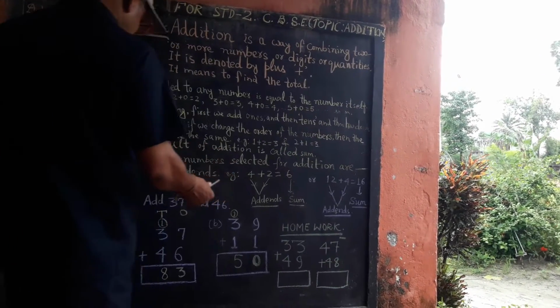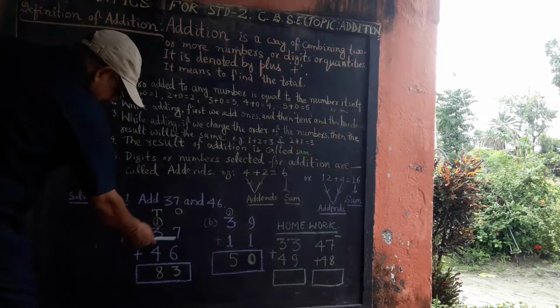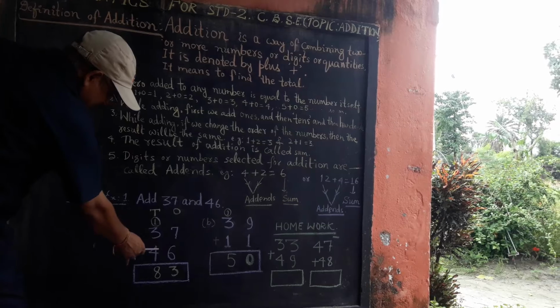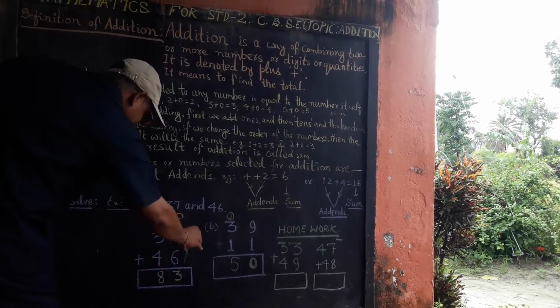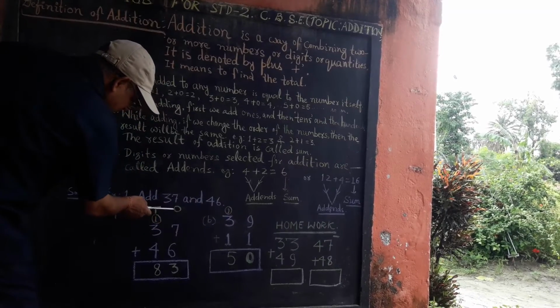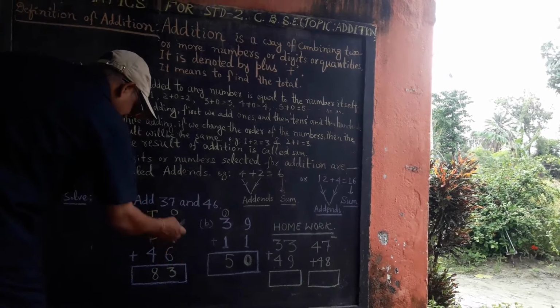if you want to add 37 along with 46, then you need to start addition from this side of ones, that is 1. O stands for 1. In Hindi it means इकाई